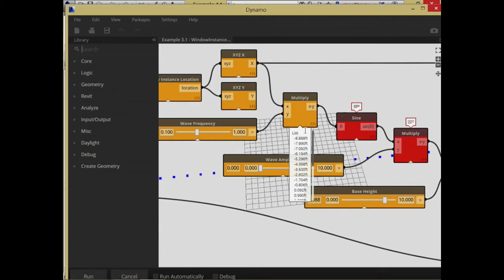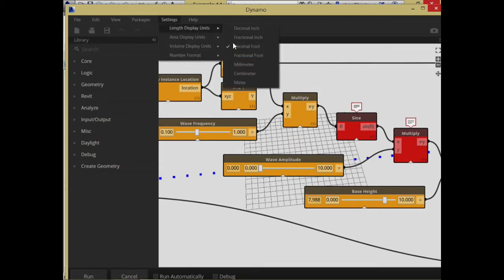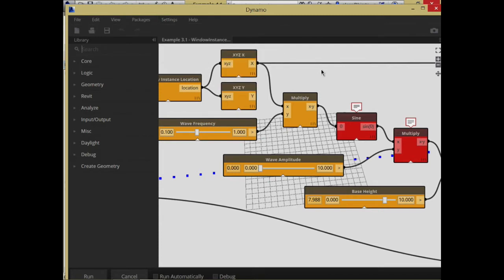Depending upon how your settings are set on your environment, that may be meters as opposed to feet. You can control that. It's actually just up here in the settings in Dynamo. You can really control whether you want to see things in terms of feet or meters, and even how many decimal points you want. But one problem we're having is we need to take these x values, which are reporting as feet,